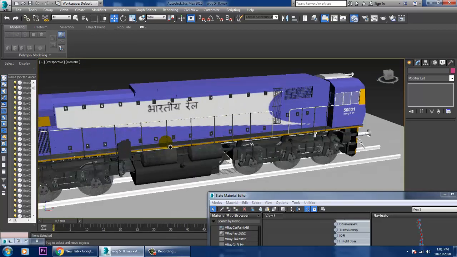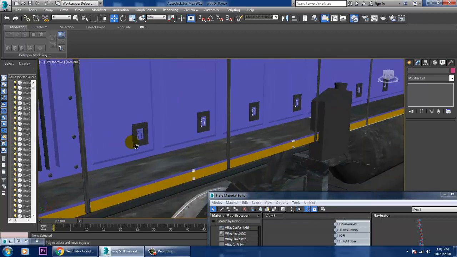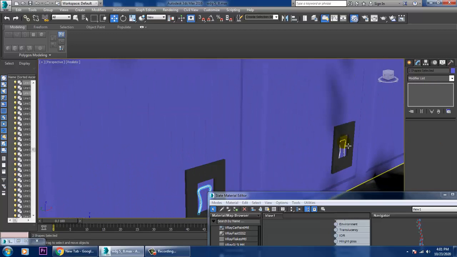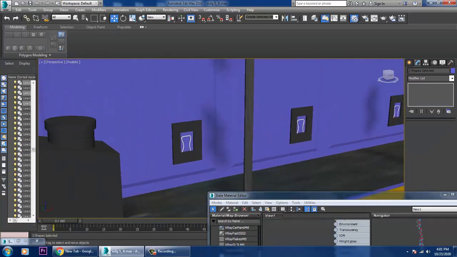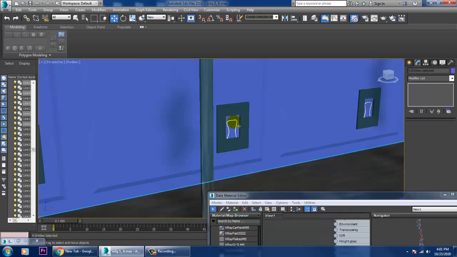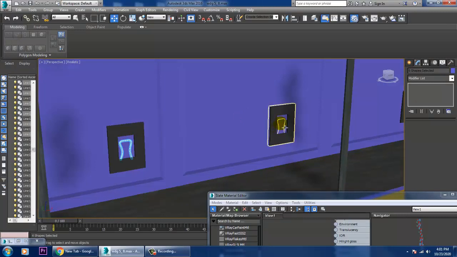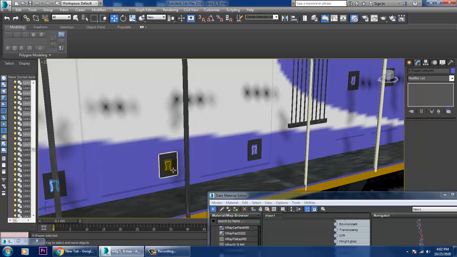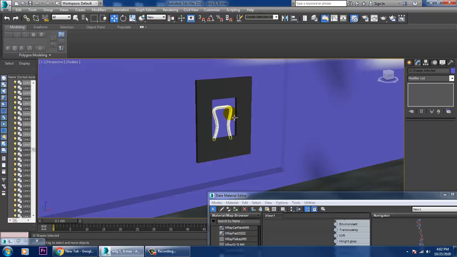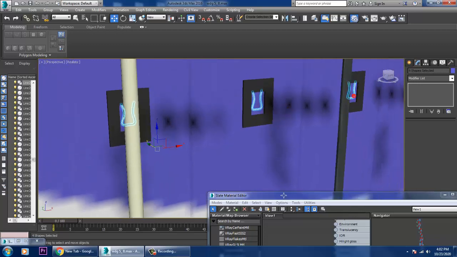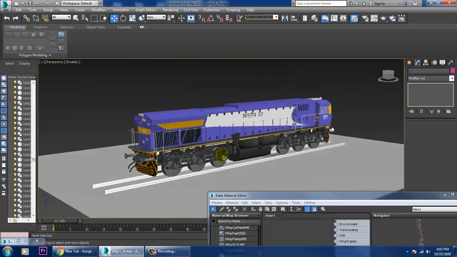Alright, so once you're done, small things are just left out, so we have to go with that. Alright, so just save your file again over here.